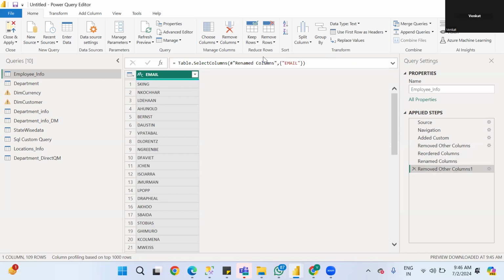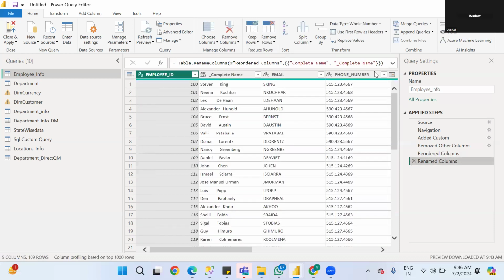So remove other columns. I don't want this step. Okay, go back. So this is the purpose of remove columns. You want to remove only a single column, or keep that one column and remove the other columns. Based on your requirement, you can choose these options. Okay, keep rows. I want to keep only the top 500 rows as part of